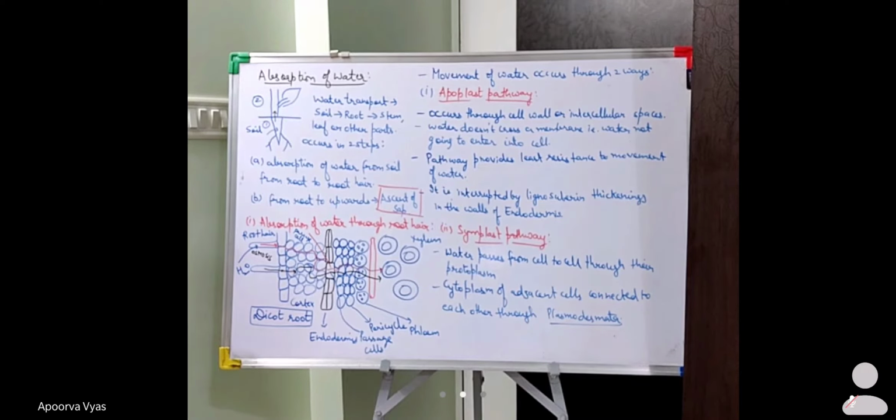Okay. So the difference between the apoplast and symplast pathways is that in the apoplast pathway, the water will move only through the cell wall and the intercellular spaces. It will not directly enter the cell, that is, it won't enter into the cytoplasm of the cells. It will only pass through the cell wall or the intercellular spaces. And as we know, the cortex layer is made up of parenchyma tissue, and the cells are very loosely packed in the parenchyma. So the water easily moves through the intercellular spaces of the cortex.